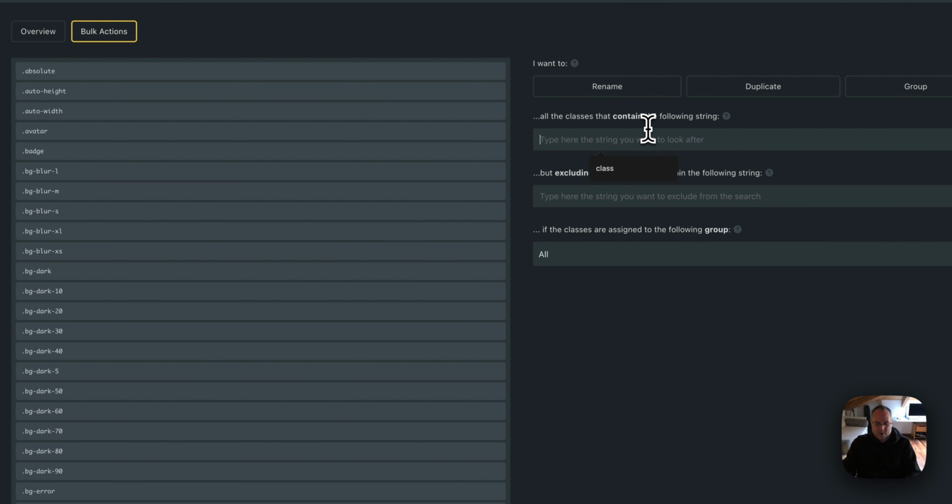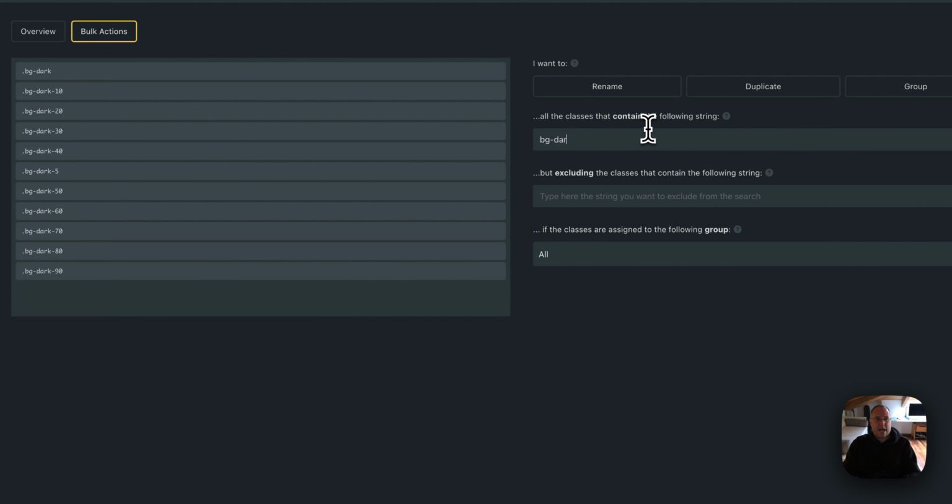Let's say that I want only the class background dark, and it will filter my background dark classes here. I can also exclude it. I don't want with 10. Okay, I don't have classes that contain 10 anymore. And you can also filter by groups. And clicking export classes